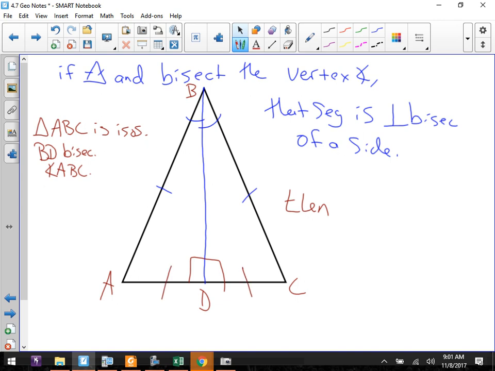A perpendicular bisector does two things. It creates the right angles, and it cuts a segment in half. That's what it means to be a perpendicular bisector. It's just putting two things together to do one. Okay? So then we have